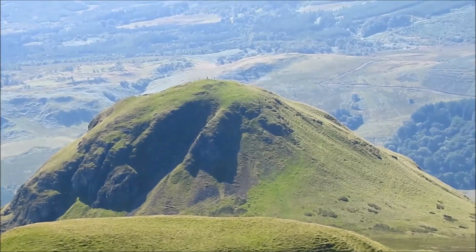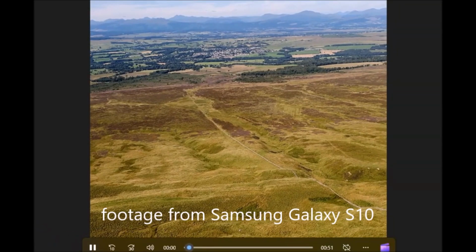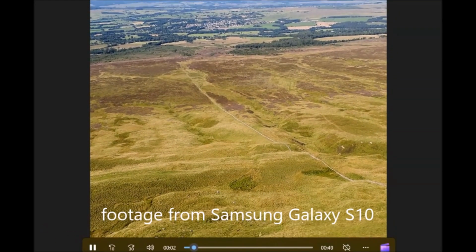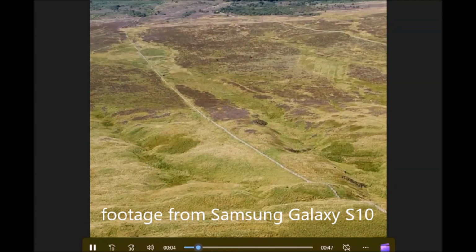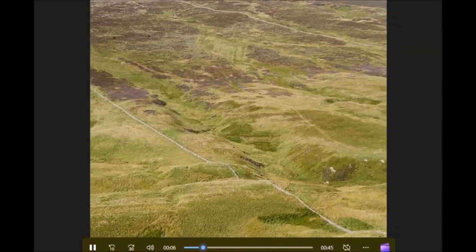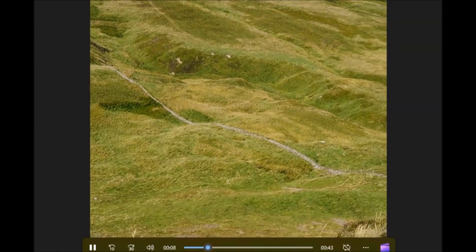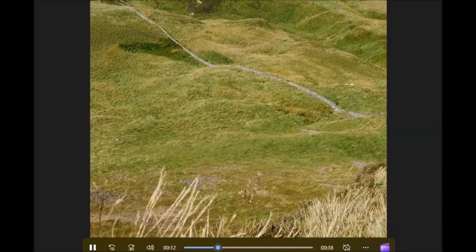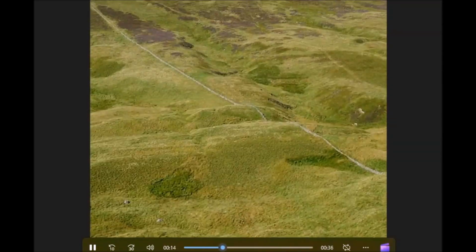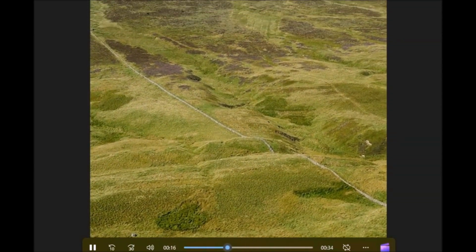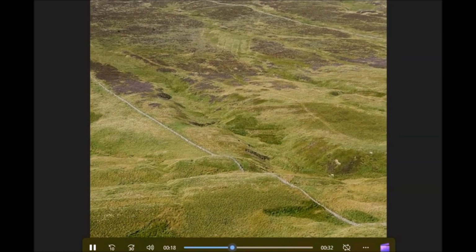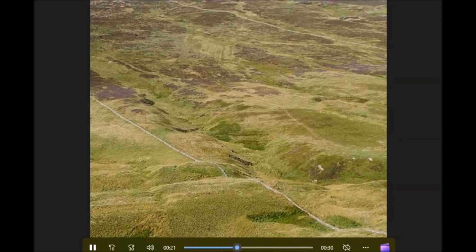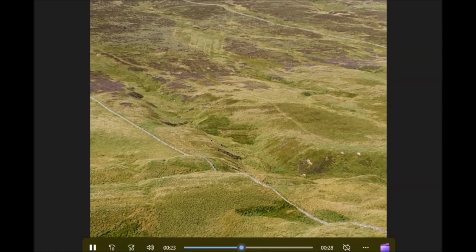And here's one. This is the dry stone wall I was talking about, and it actually goes up onto this hill, so I'd like to see just how far it goes as it comes up the hill.